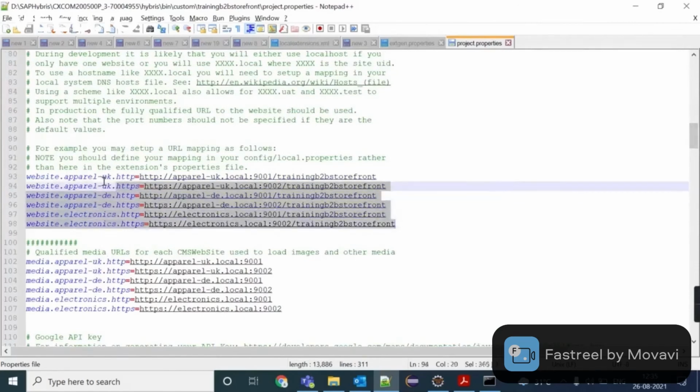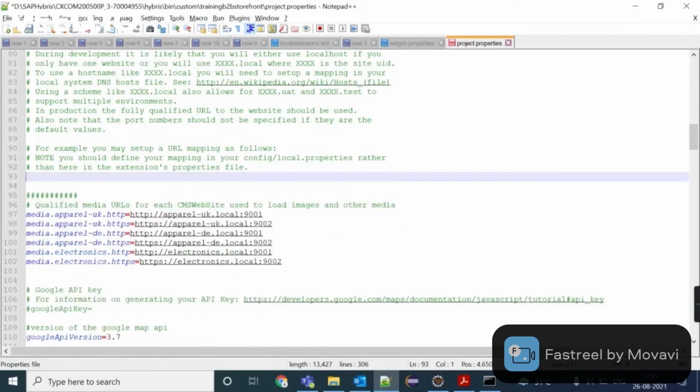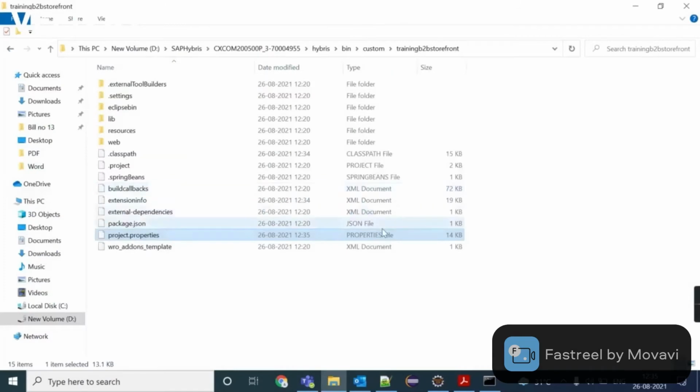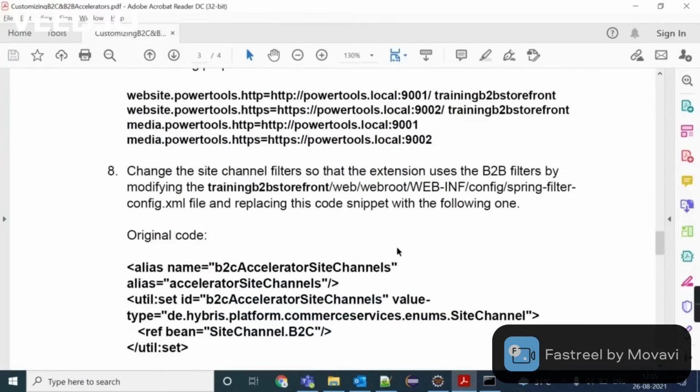So we have to remove these properties. Save it. Let's move to next step.